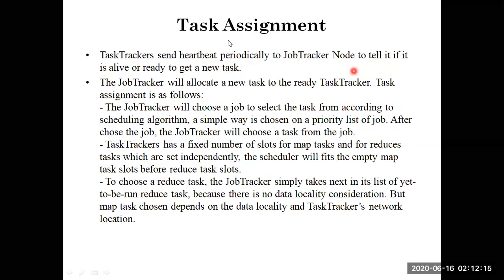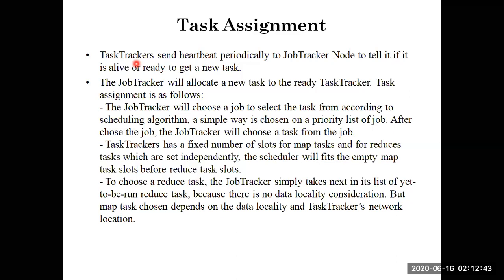And this is the most important part, task assignment. As I told you in the previous slide, we will discuss heartbeat in task assignment. The most important thing in task assignment is the task tracker, which is a sub of the job tracker. The task tracker sends a heartbeat periodically.